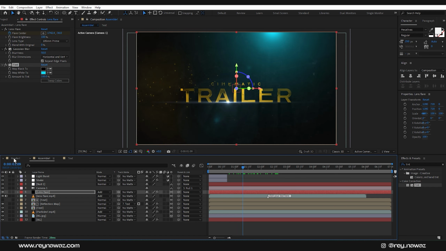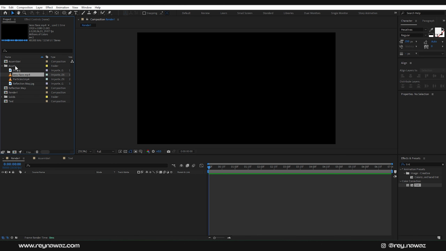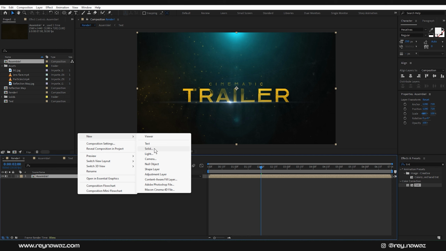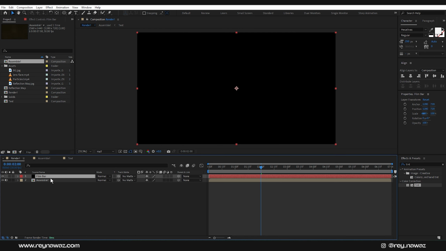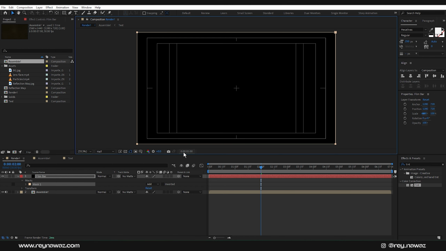Now go into the render composition, go into the project window and drag and drop this assemble composition in the render comp. Right click over here, New, and create a new solid layer and rename it to film bar and hit OK. Now make sure this layer is selected, select the rectangle tool, double click right here, and go over here and turn on the title action safe, and double click on this mask right over here and press Ctrl plus Alt on your keyboard and drag it